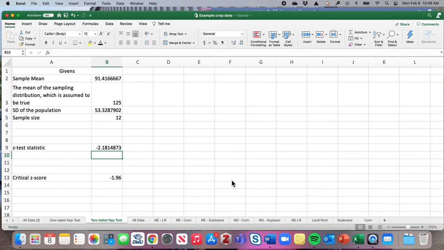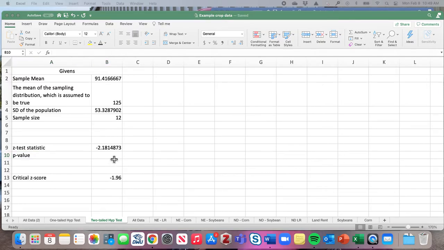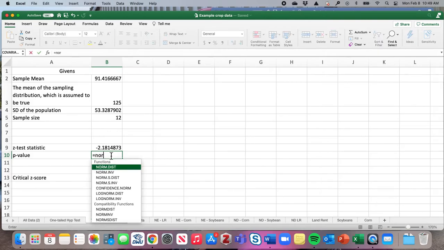And if you think about the way that distribution looks, negative 2.18 is further to the left than negative 1.96. So that should tell us that we are going to reject our null. But let's find that p-value just to make sure. So to find our p-value, we are going to again use a formula here, now that we know our z-test statistic. So we are going to use that